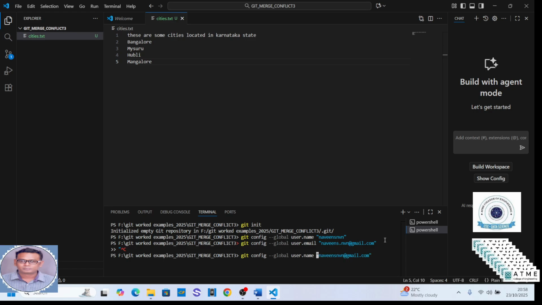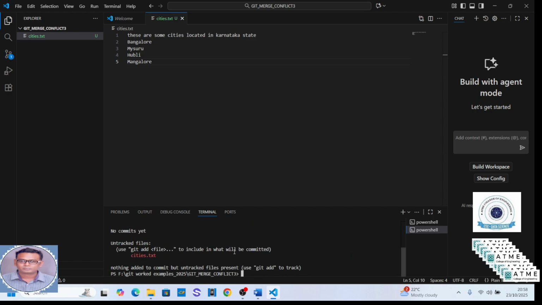Here I have to type the email; I have to change it to my email. So it's done. Now I will run git status to check. Clearly you can see cities.txt is in red color. It means it has not been added to the staging area. In order to add it to the staging area,